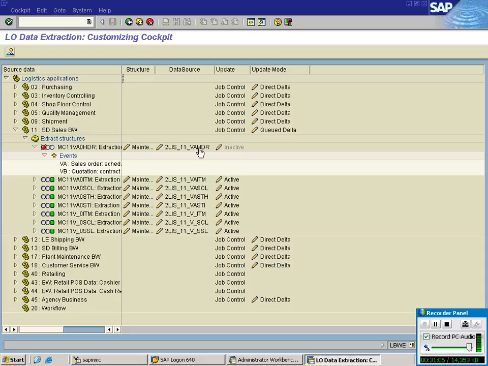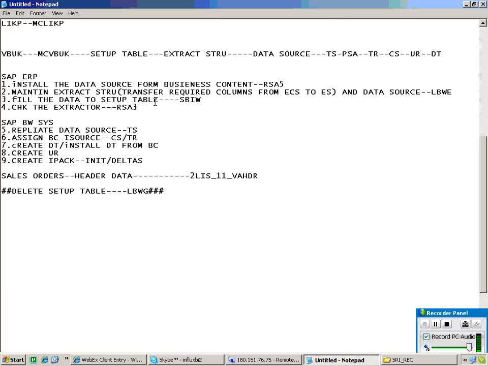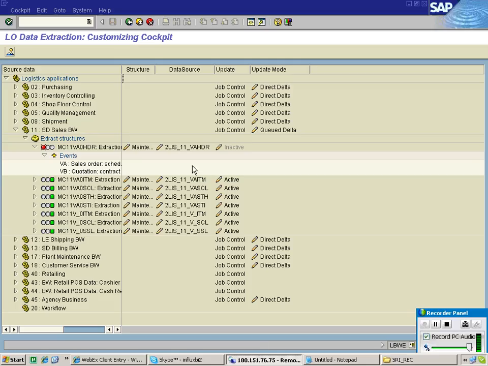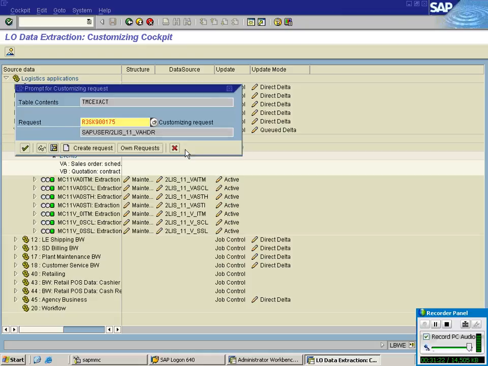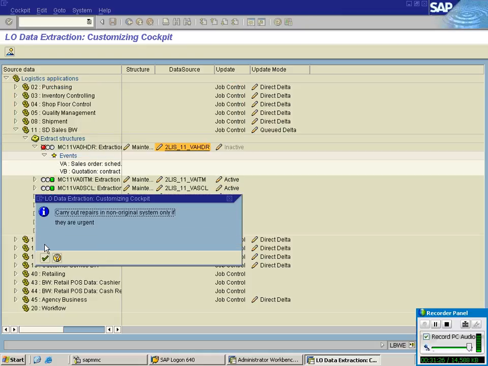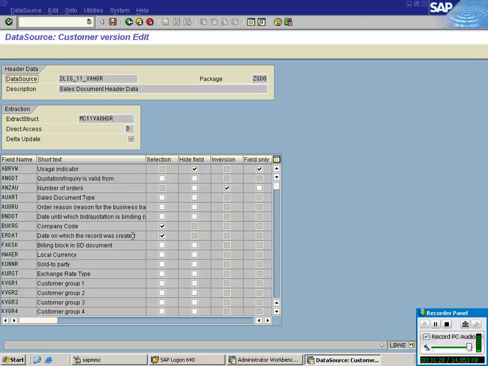So one is done. What about the data source, we are supposed to maintain it also, no? That's what I was talking to you about. Maintain the extract structure and the data source. So click on data source. Request, continue. Message, continue. So what is this?